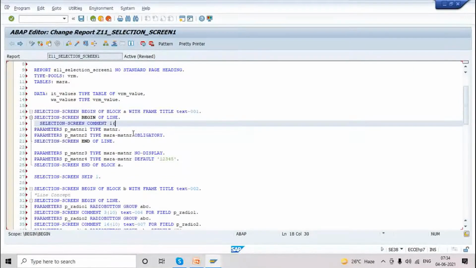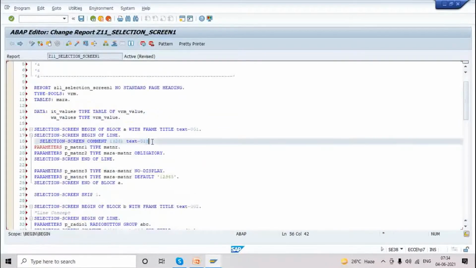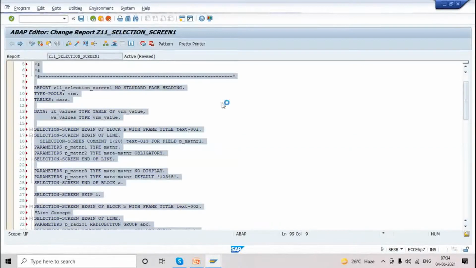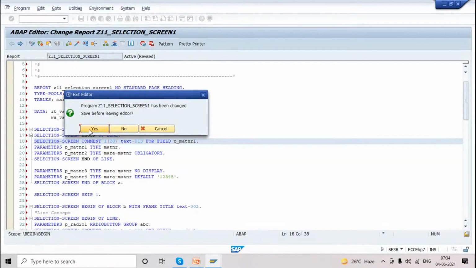Here 1 of 20 characters. Text 013, the latest one. 12 is completed. 013 I'm creating for the field p underscore matnr 1. Creating this text. Now the data dictionary reference will not work.